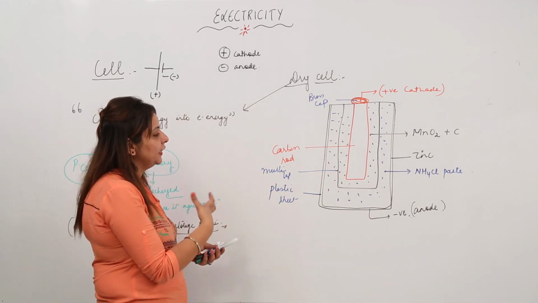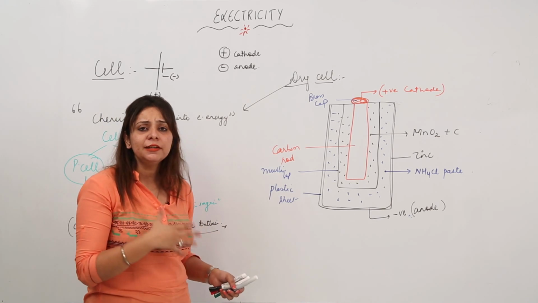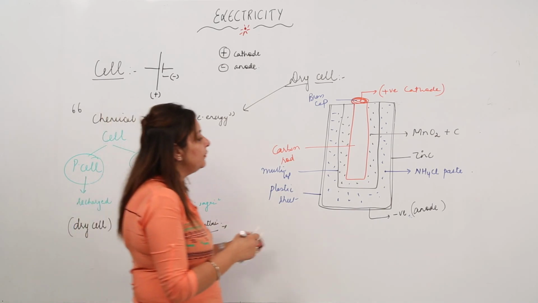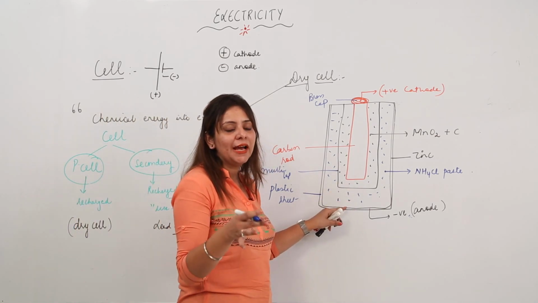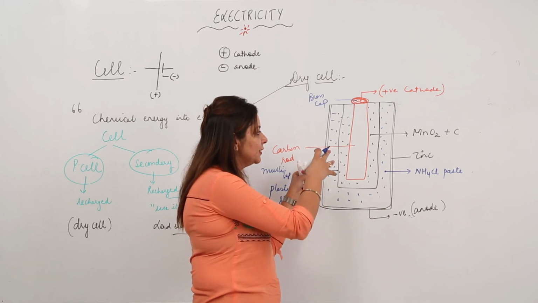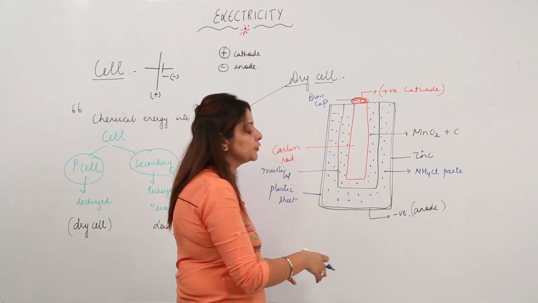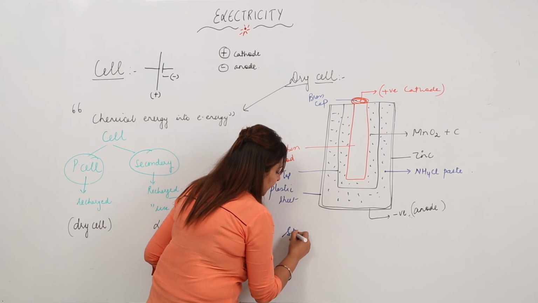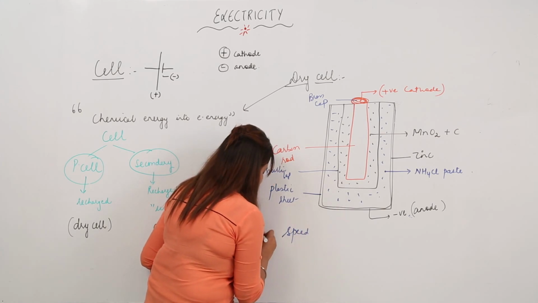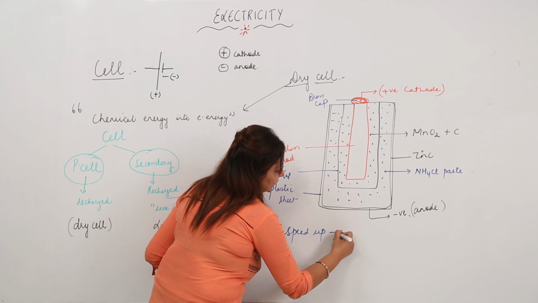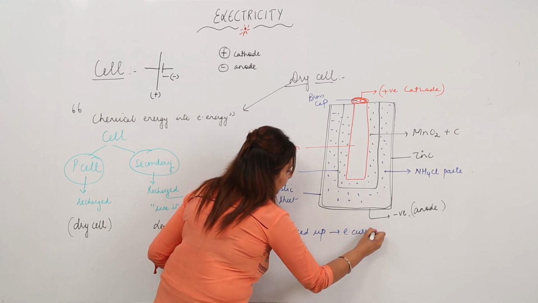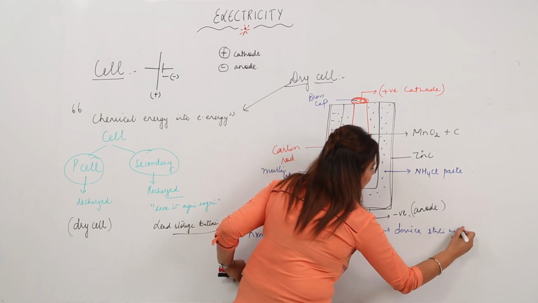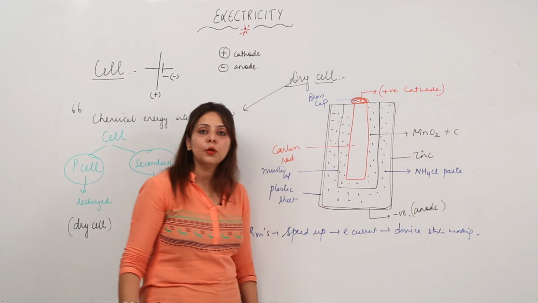So what happens, whenever we know that this kind of cell is there, the reactions are already taking place in it, but the rate of reaction is quite slow. But when we connect any device to this cell, like if we place the cell into a portable device, suppose we connect it to a bulb, then the reactions taking place in it just speed up, and it leads to the flow of electric current, and the device starts working. This is how the cell works.